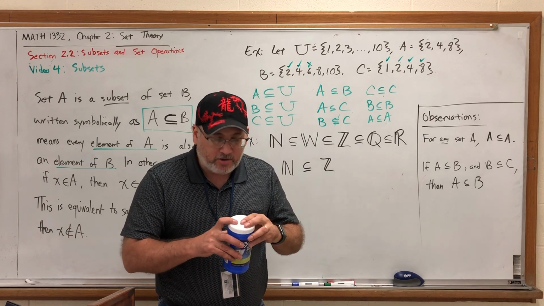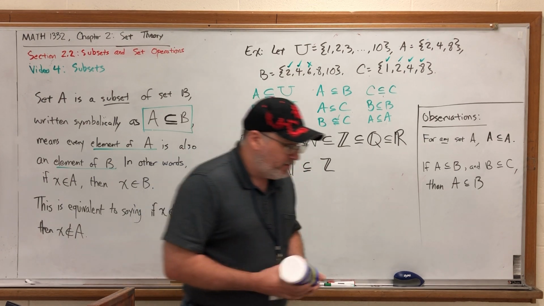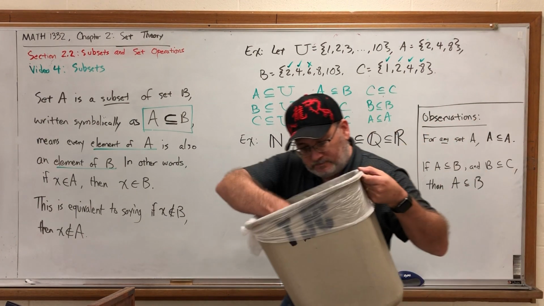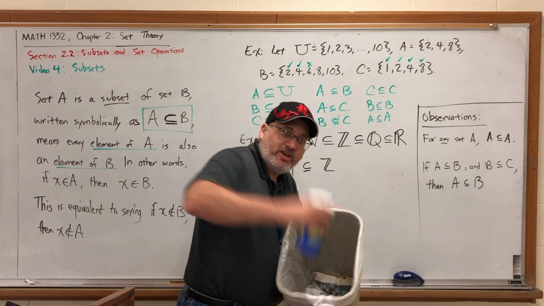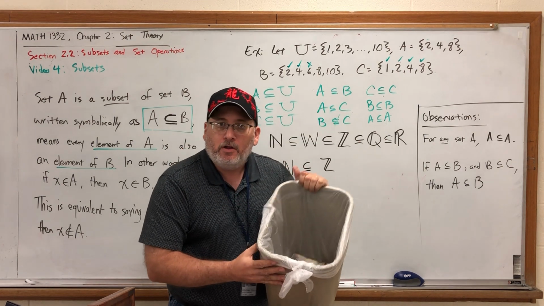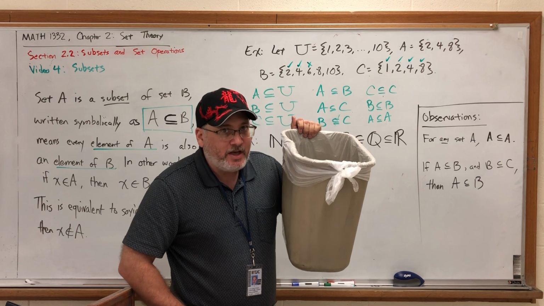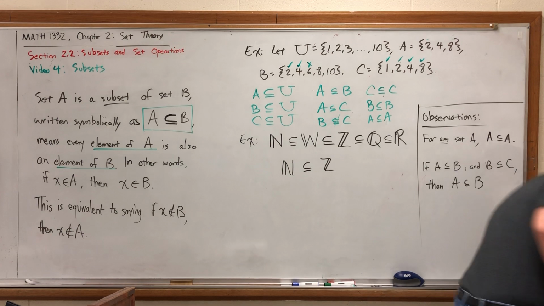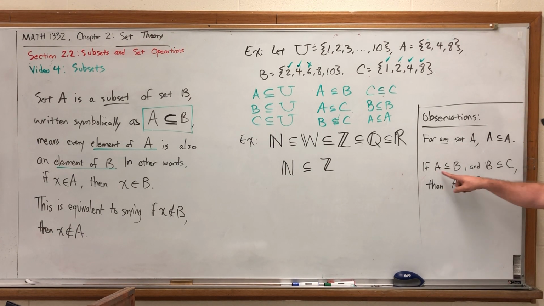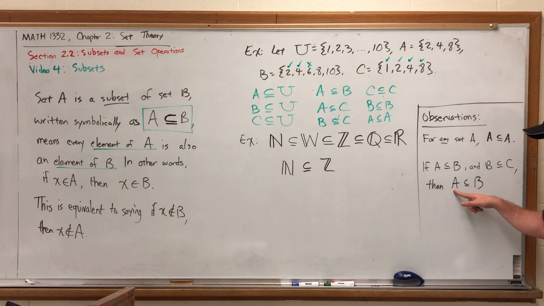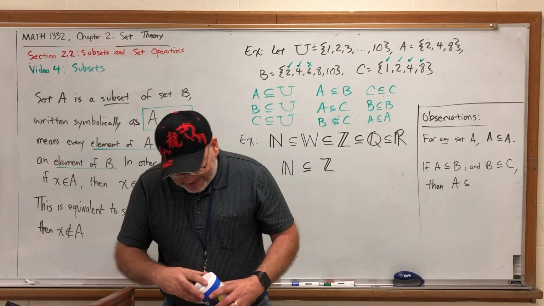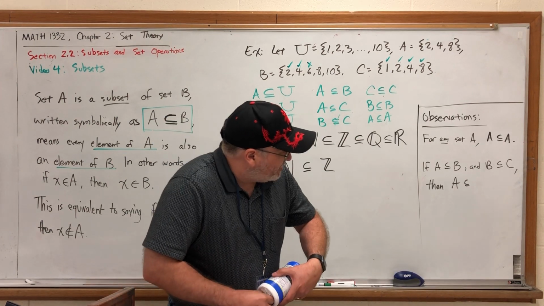And so now the set of markers is a subset of this set. But now I'm going to take this set and put it inside the trash can with more objects. And so now this set is a subset of this one. Are there markers inside the trash can? Yes, which means the markers are a subset of the trash can. That's all this is saying. If one thing is inside of something else, but that thing is inside of a larger object, then the smallest object is inside of a larger object. I'm sorry, this last thing was supposed to say, then A is a subset of C.